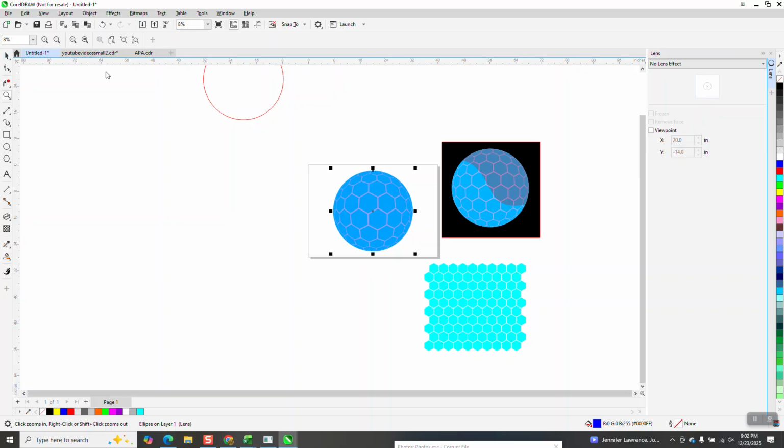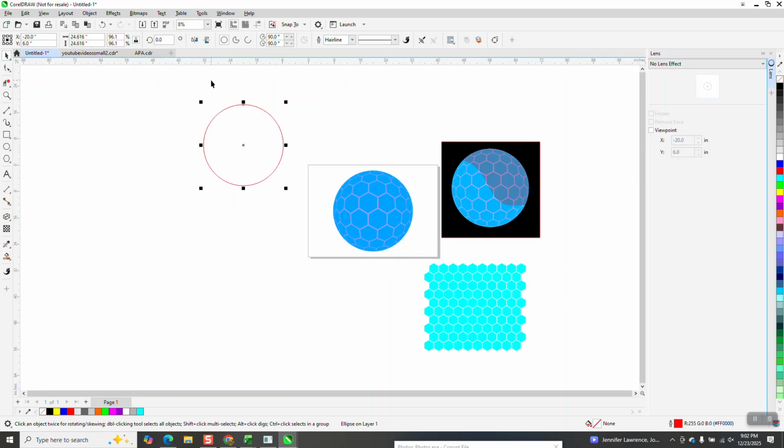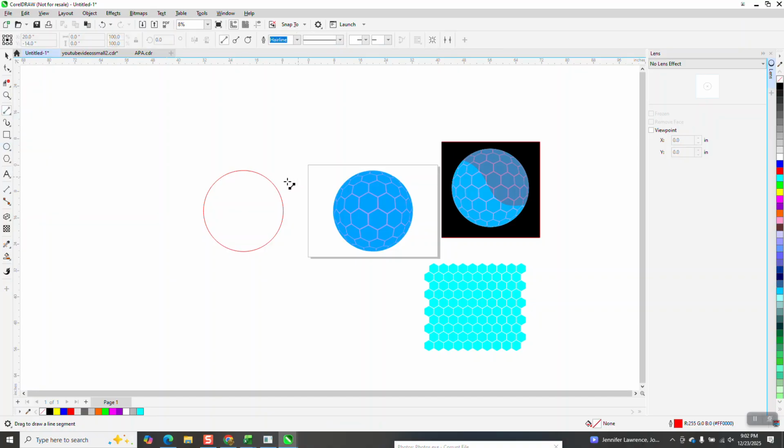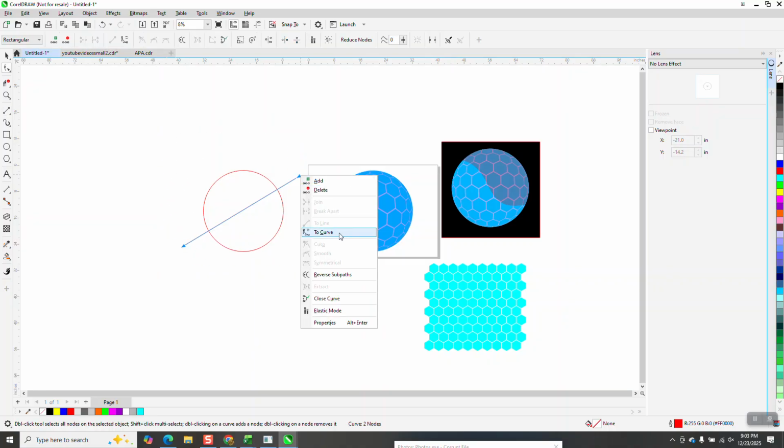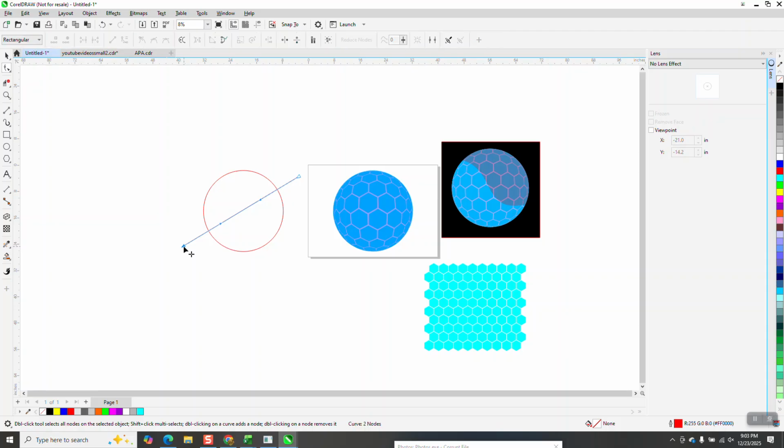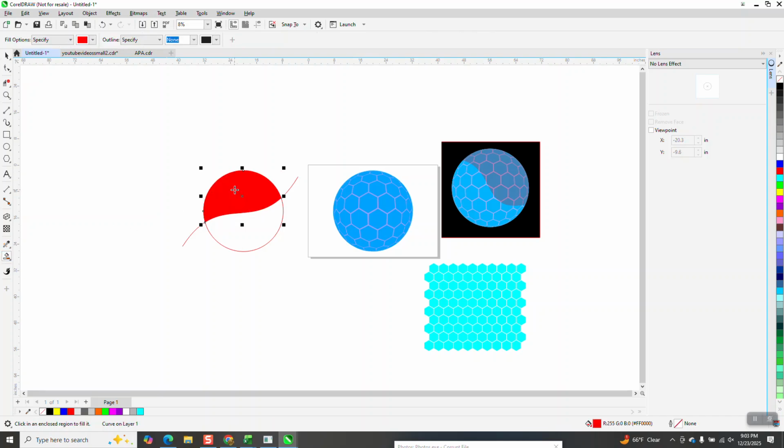Now, remember I did one more? I'm not moving it, I'm nudging it. And I'm going to get a 2-point line. I'm just going to draw a line. I'm going to get my shape tool. I'm going to select both of them. I'm going to right click, turn them into a curve. And then I'm going to do this right here. Get a really weird shape. Then I'm going to fill this in with red. And I'm going to nudge it over. I'm going to get my transparency docker and